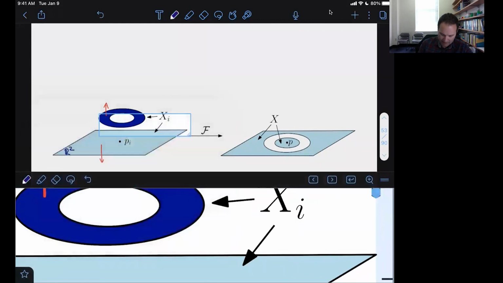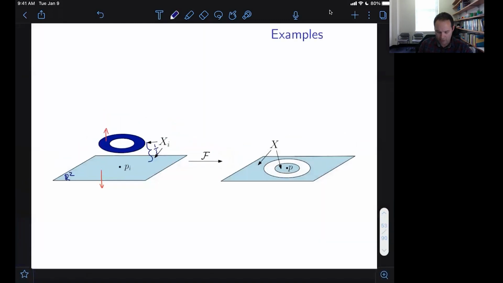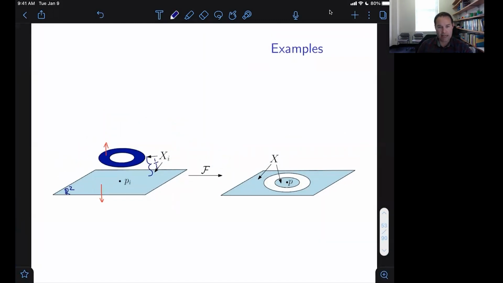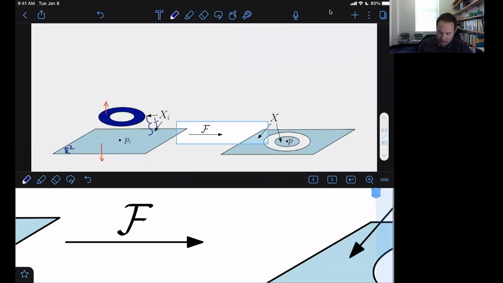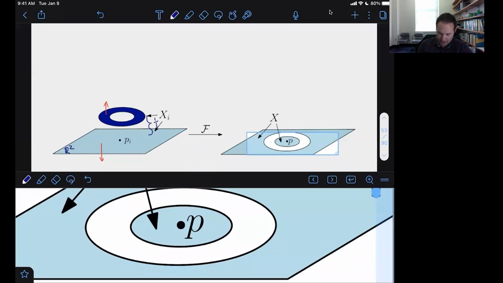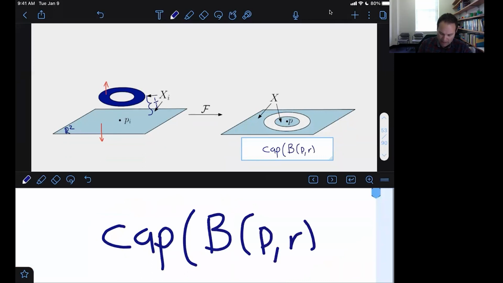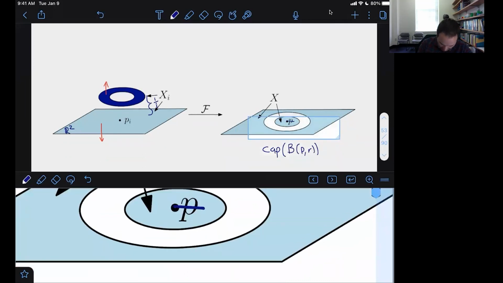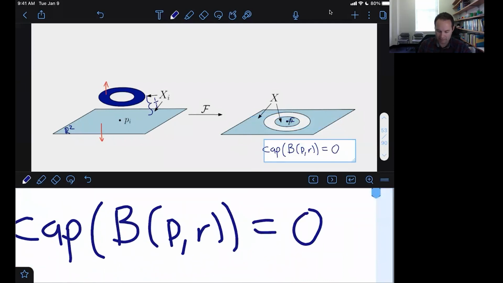Again, let's let them come together. So as I goes to infinity, these are coming together. They merge and you get a cancellation. So it converges in the intrinsic flat sense where you get a cancellation and then you just have a missing annulus there. It's just not there. So in this case, the capacity of the ball, let's say R is just some small radius there, the capacity of that is 0 because again, it lies in a connected component.